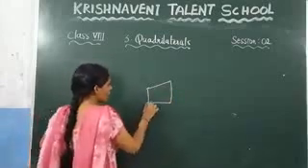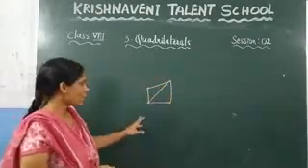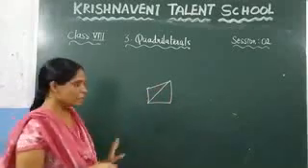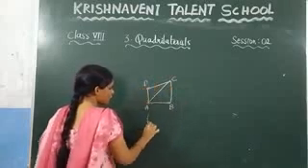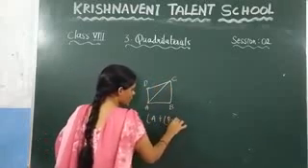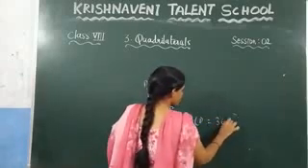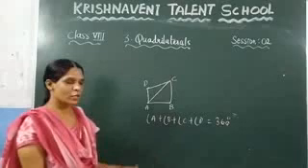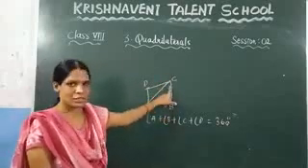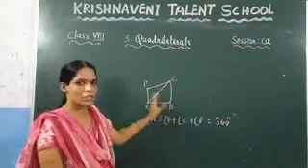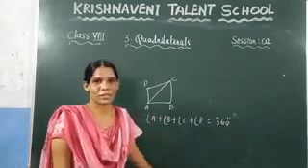And if you draw the diagonal here, it will be divided into two triangles, and based on the sum of the angles of a triangle, we proved in the last session that the sum of the angles of a quadrilateral, which is angle A plus angle B plus angle C plus angle D, is always equal to 360 degrees. How did we prove it? We took the sum of the angles of a triangle, and here also we took this triangle and added these two triangles, so that we proved the sum of the angles of a quadrilateral is 360.